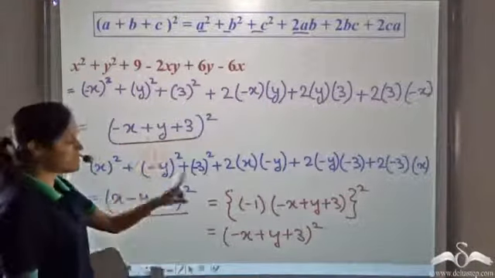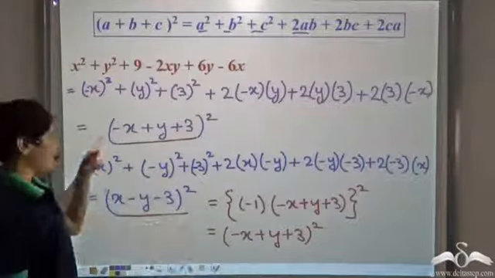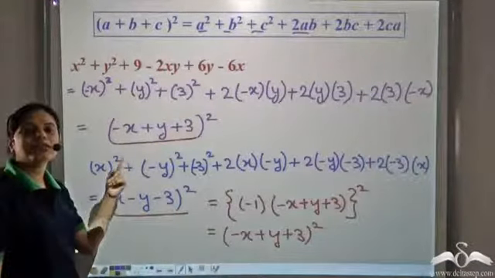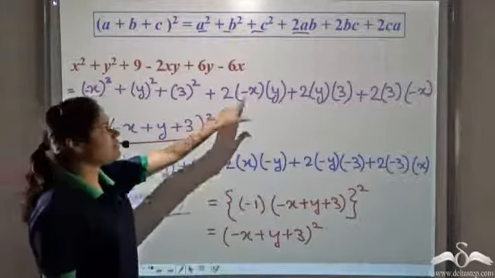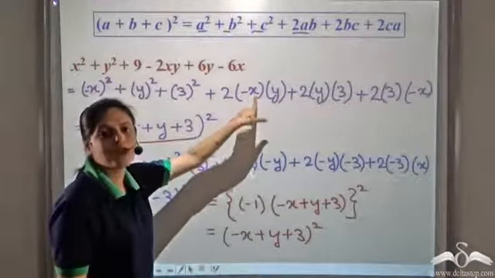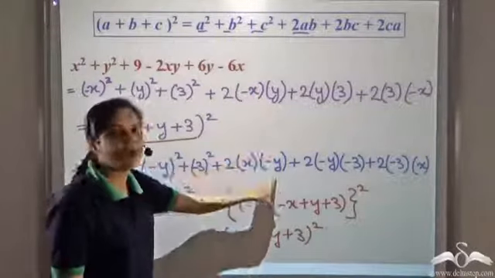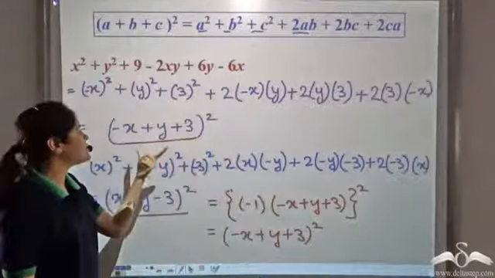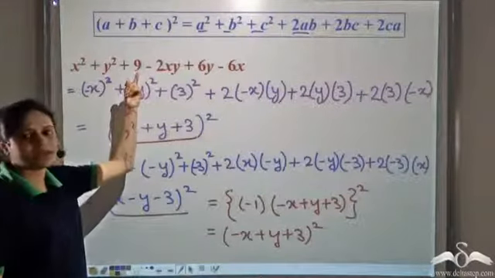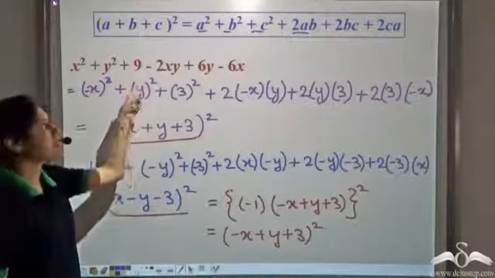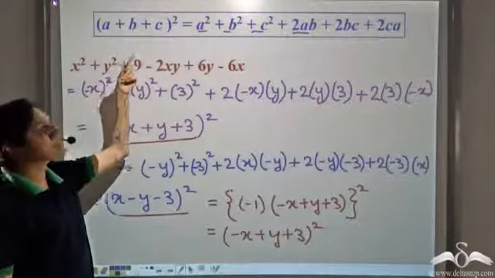Now this is the same as this. So effectively, these two are the same expressions. So it does not matter whether we consider the negative sign to be with x or to be with y, we'll get the same answer as the factorized expression for this. So this is how we factorize expressions using this identity.